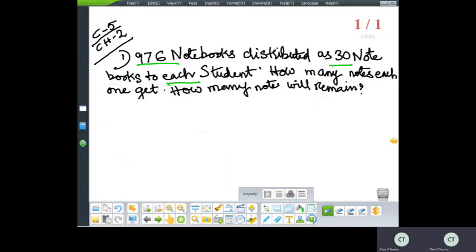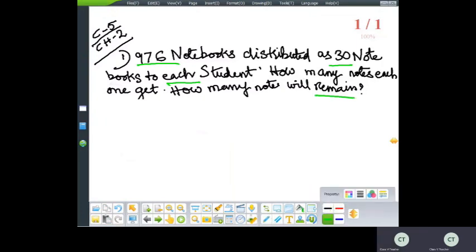Remain means what? Remain also comes with each, which means subtraction. So here you have to understand that you have to do division, because remain and each are there. With these two things it is subtraction. If it is remain, if it is total or each, what will you do there? Multiplication. Yes. So now let us do that.